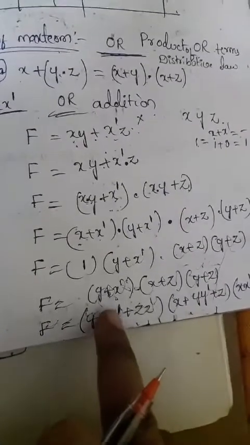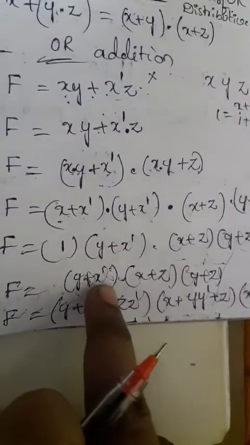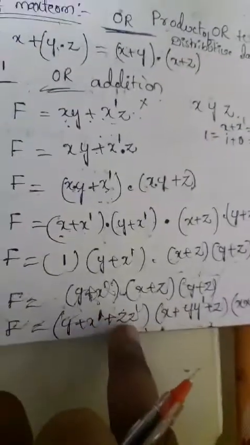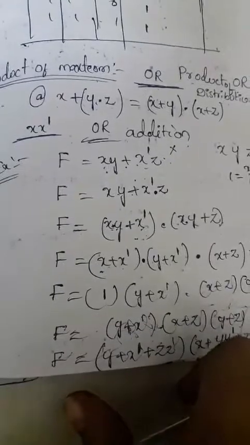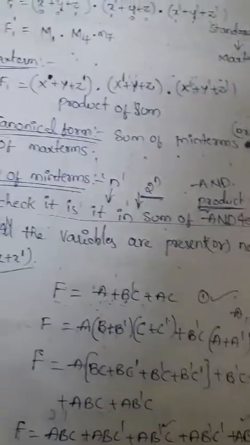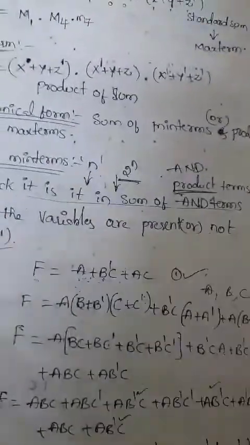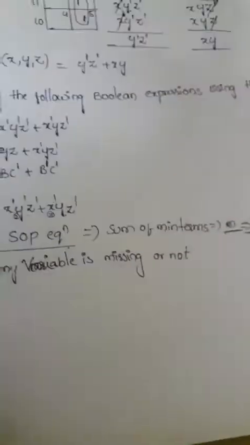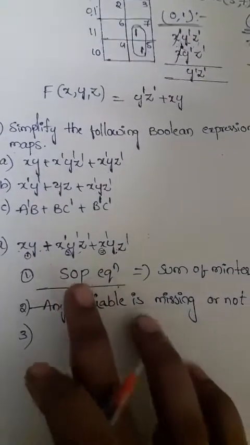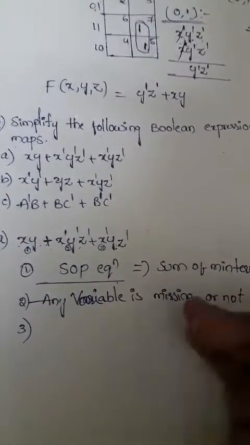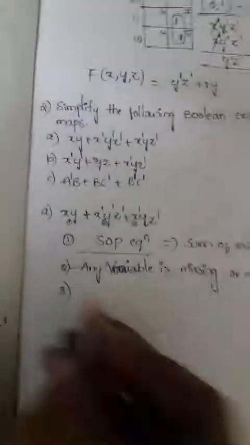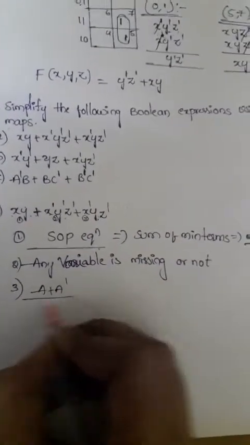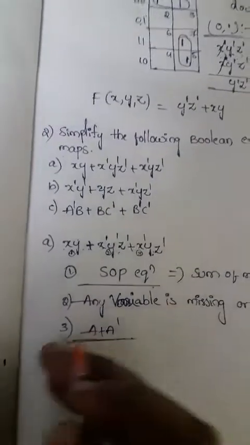So if any variable is missing here, just check it, the previous equation is y plus x complement, here z is missing actually, so that's why in product of max term I use OR logic, that is z into z complement. So if any variable is missing for sum of minterm or product of max term, we use this logic. This problem is already in SOP, that means it is related to sum of minterms. Directly we can say that one variable is missing for the first term. So in sum of minterm, the logic is a plus a complement. Which variable is missing, that variable is used in this logic.